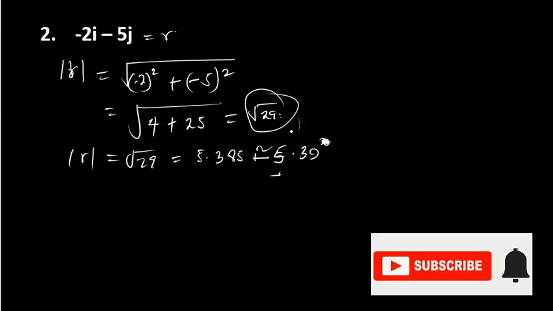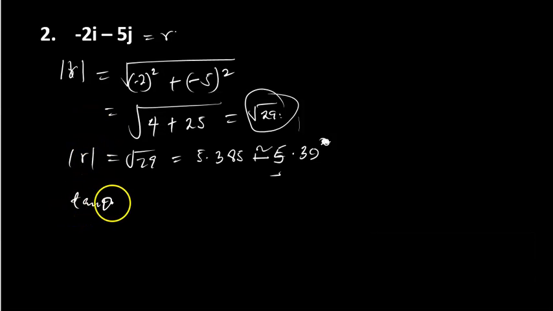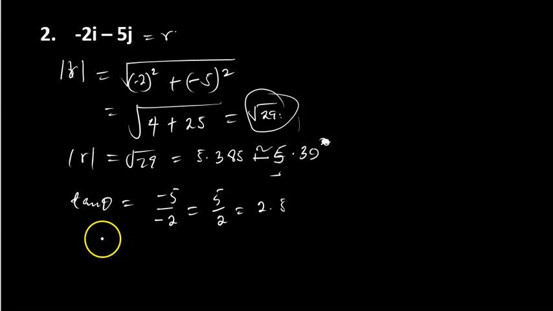Now, for the angle, for the direction, we know that tan theta is equal to minus 5 over minus 2, which is the same thing as 5 over 2. That's equal to 2.5. So if tan theta is equal to 2.5, then theta is equal to the tan inverse of 2.5, which, with the aid of my calculator,